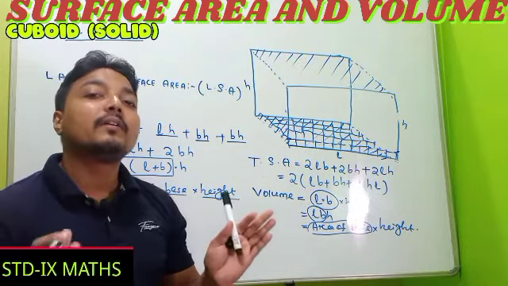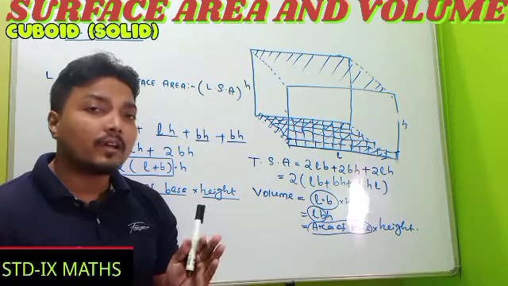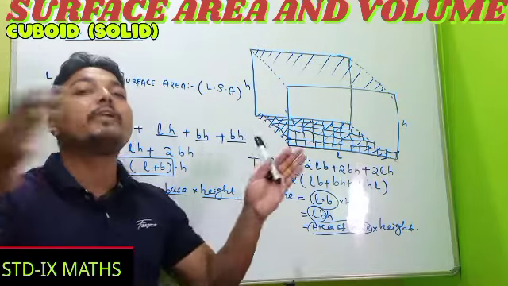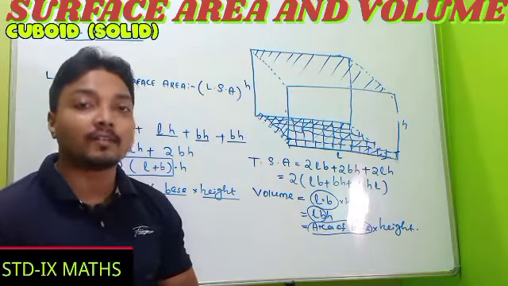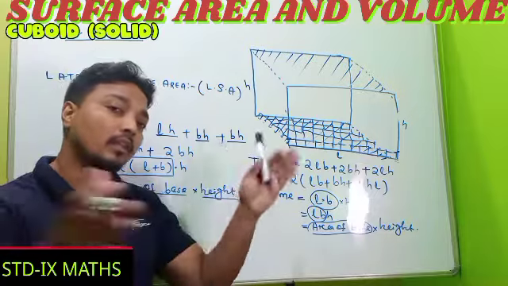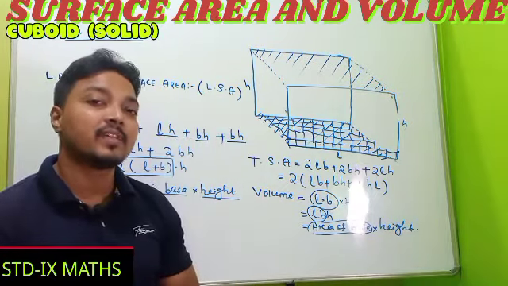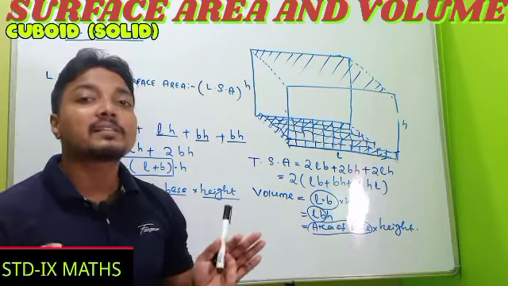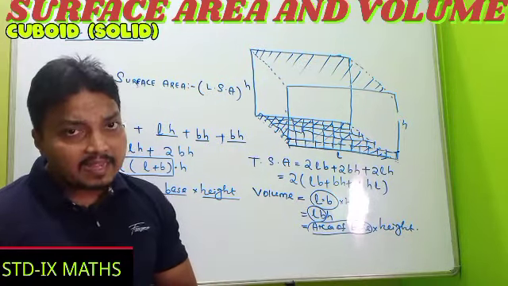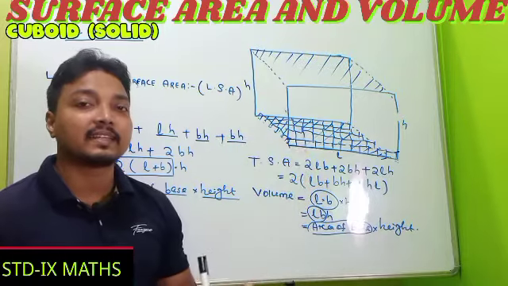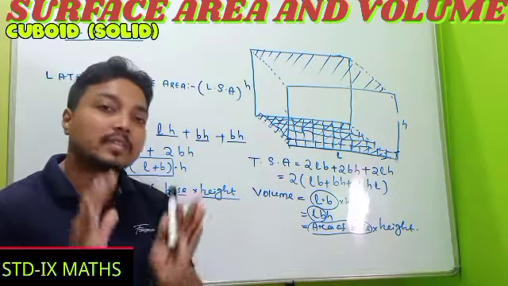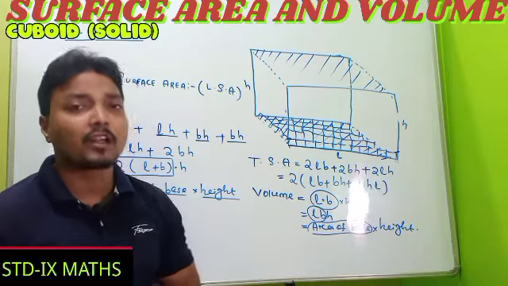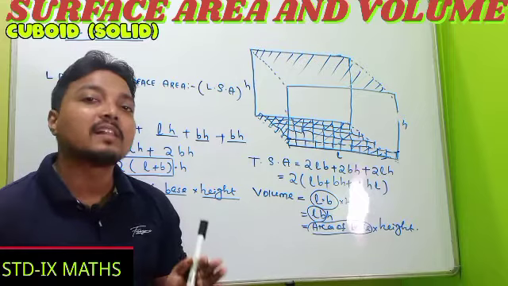And whenever one says that there is a water tank, and all of its sides are to be colored, all of its sides means all the 4 lateral surfaces along with the upper face and the bottom face, all the faces are to be colored. In that case you have to find out the total surface area. Lateral surface area means 4-sided related, and whenever all faces are related, it means you need to find out the total surface area.